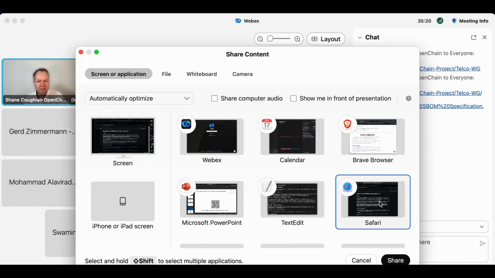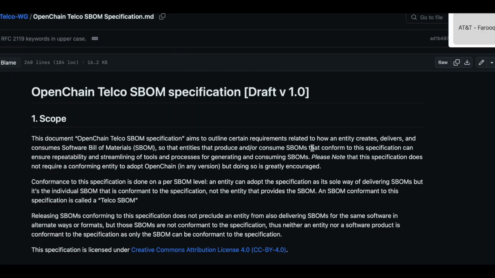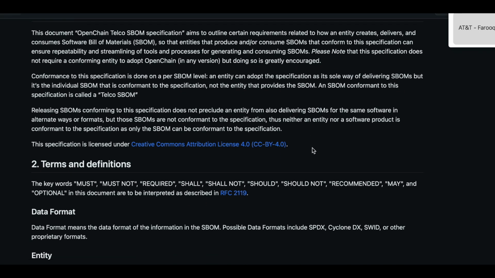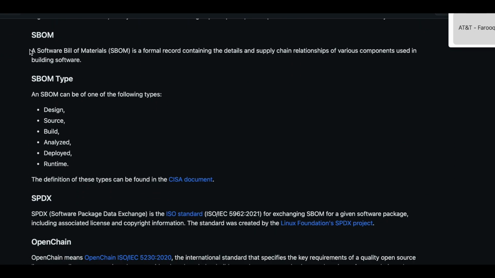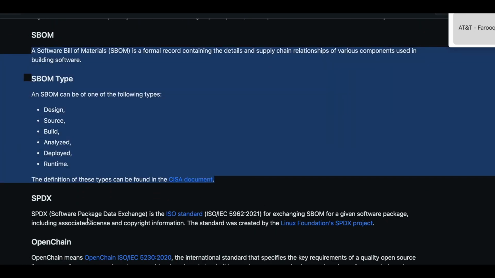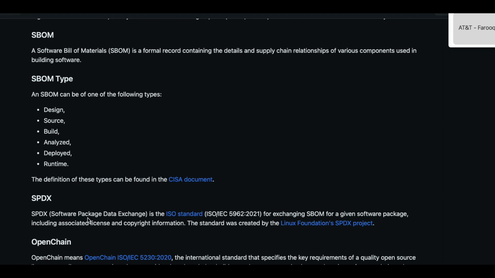Pulling in the screen share, and I don't expect you to read this, it's just an example. They're describing what SBOMs are, how SBOMs work, and the options. So they're setting the tone for how your type of domain can begin to think about SBOMs. I think that's where you should start.